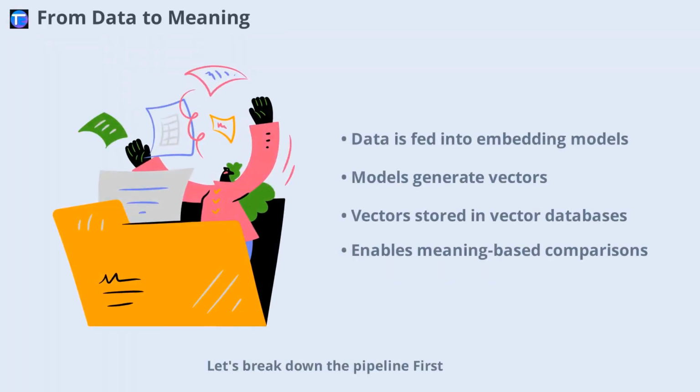Let's break down the pipeline. First, you provide your data, maybe a sentence like, "I love pizza." Next, the embedding model transforms this into a vector, such as 0.12, -0.33, 0.95. This vector is then stored in the vector database. Now, every piece of information, text, image, or audio has a numeric representation of its meaning. This process allows computers to compare and find similarities between different types of data, opening up new possibilities for smarter